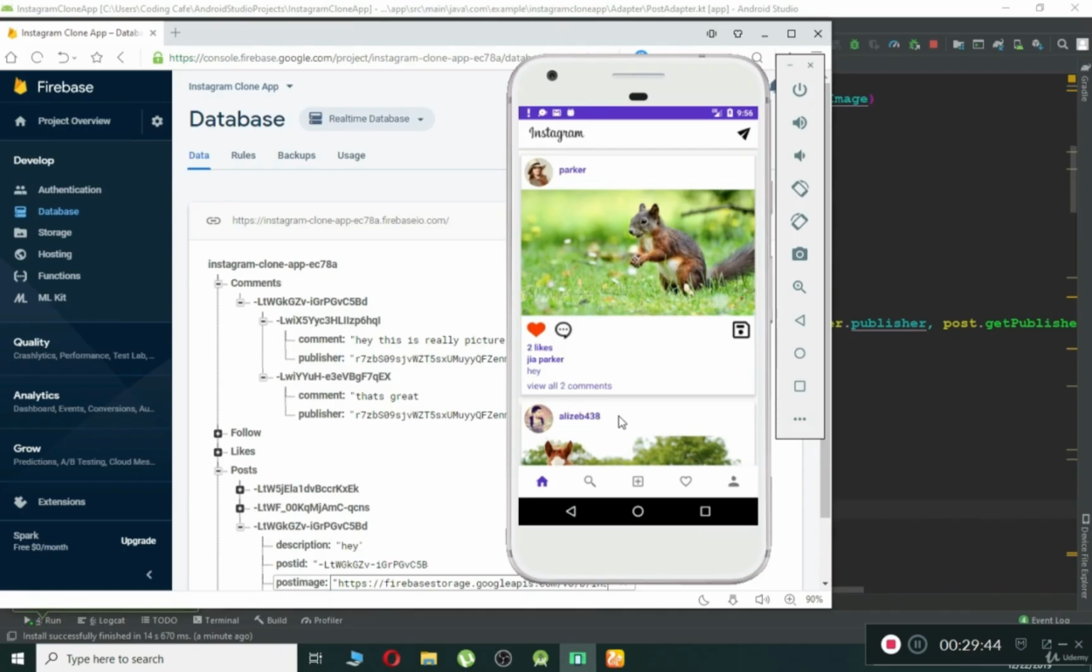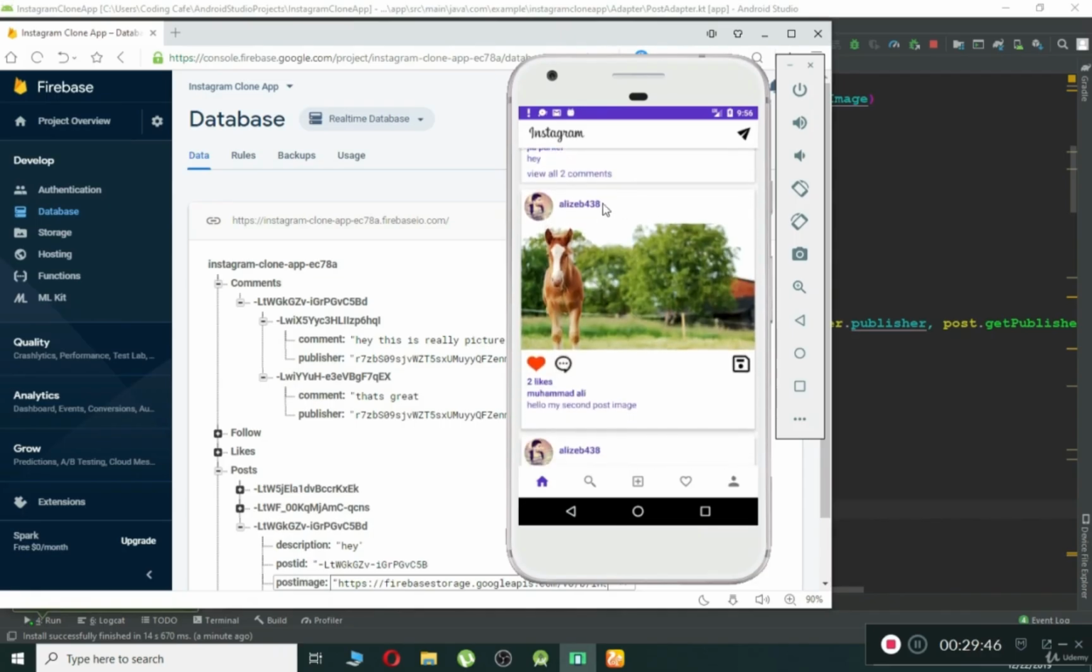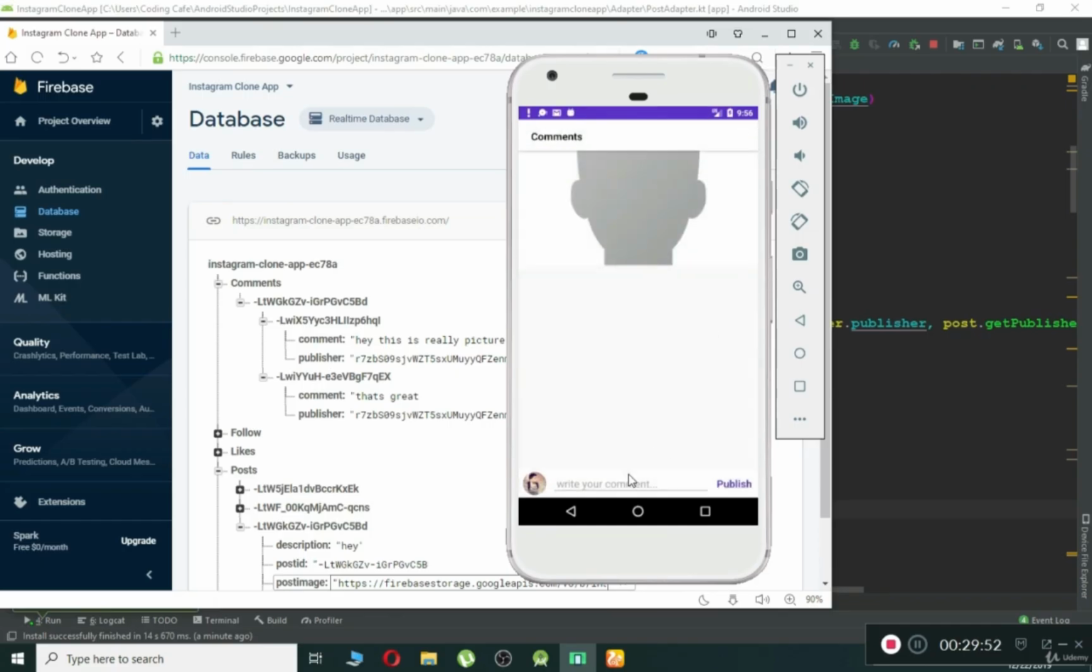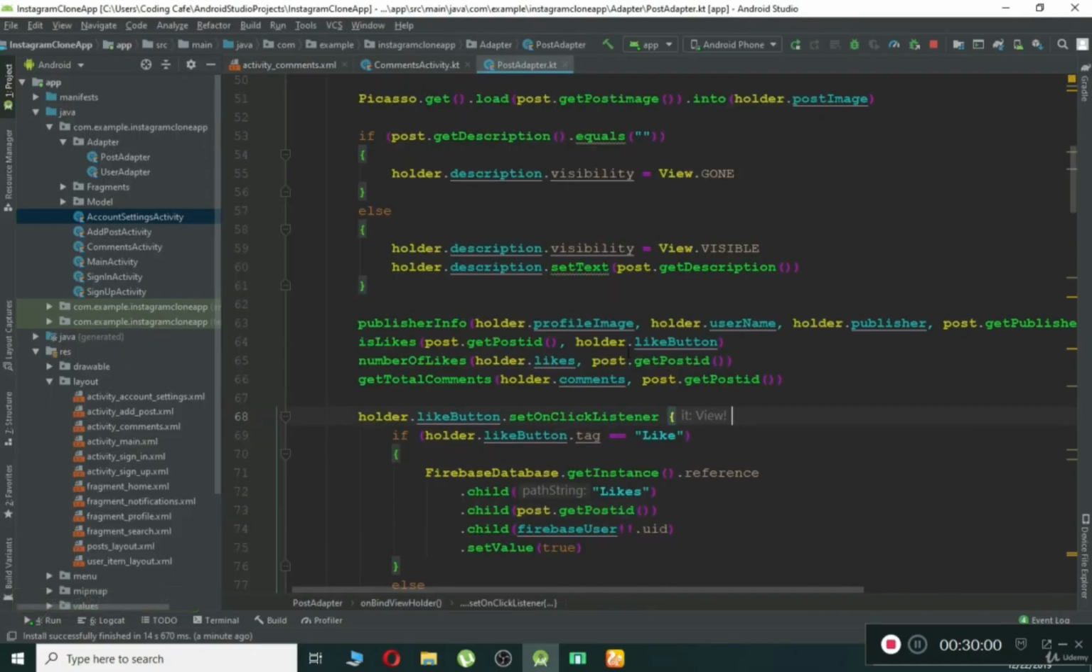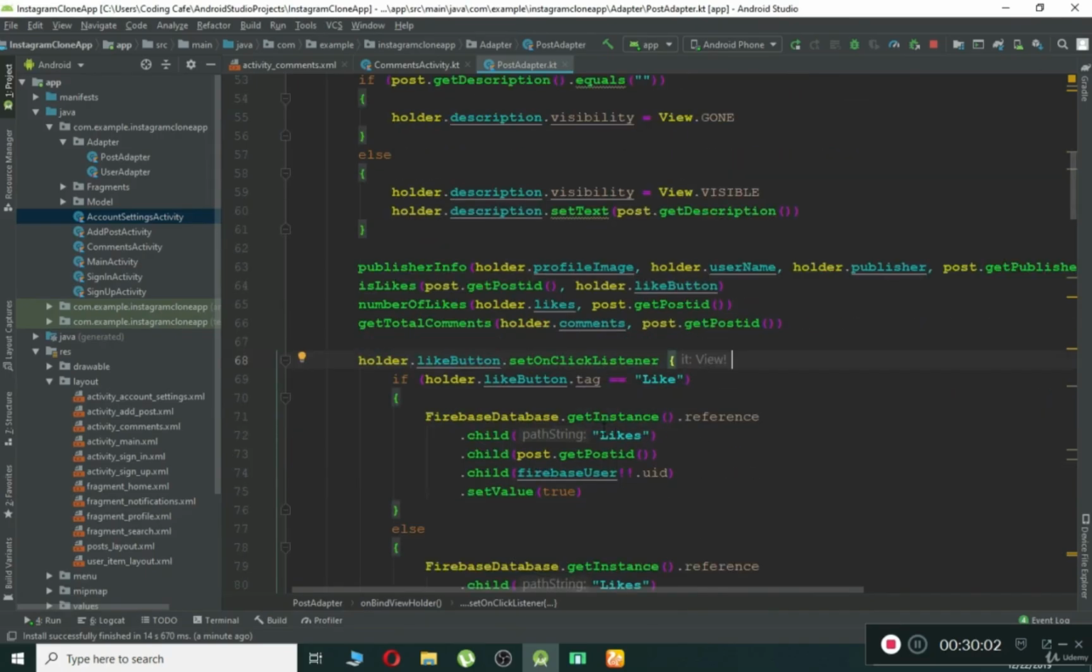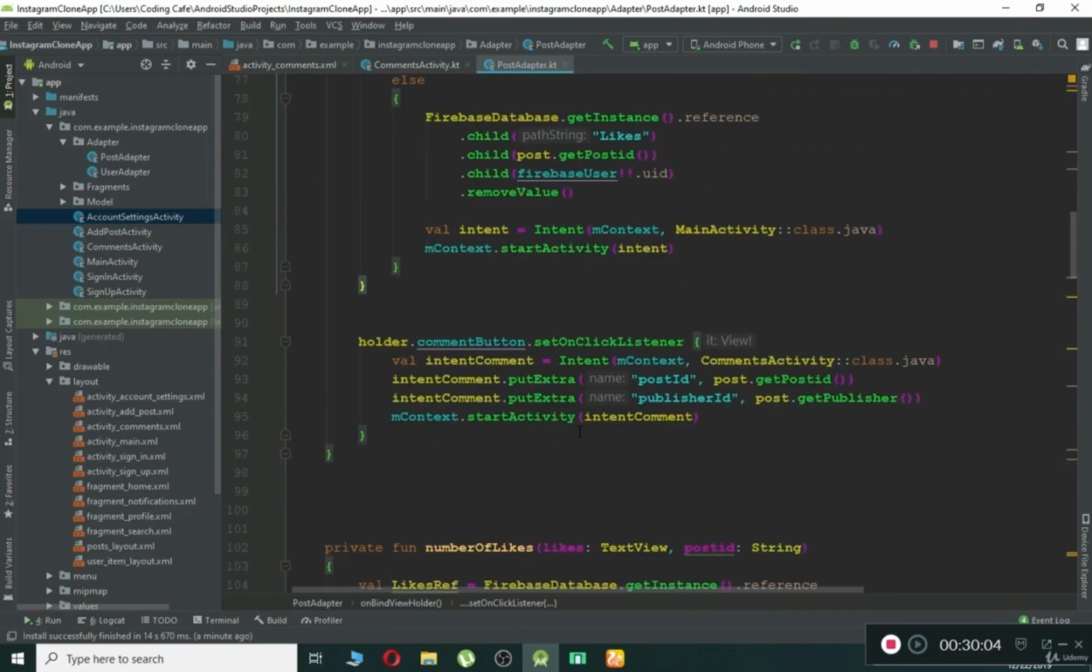Wow, that's great. Now, if a user clicks on this view all 2 comments, then we must send the user here to this activity where the user can see all these 2 comments, 3 comments, whatever the number of comments is, okay? So anyways, let's just do that quickly. So what we need to do is